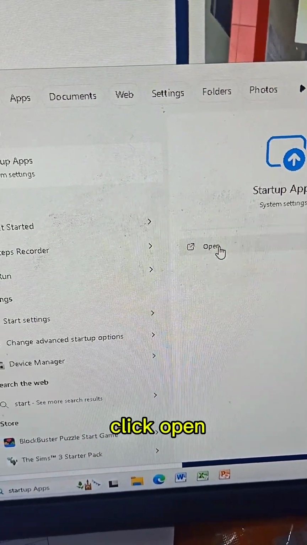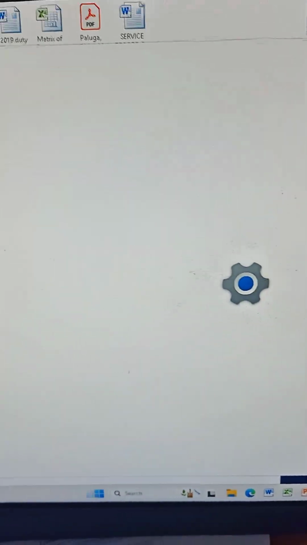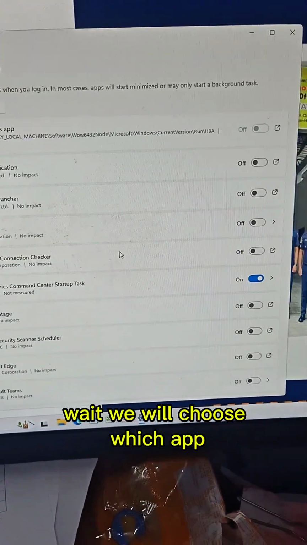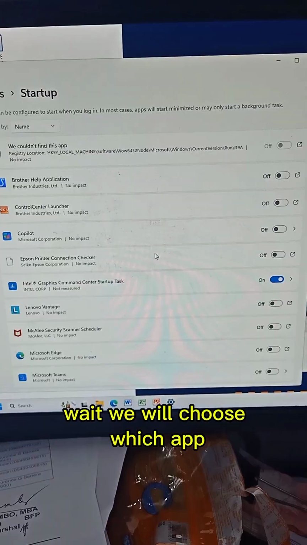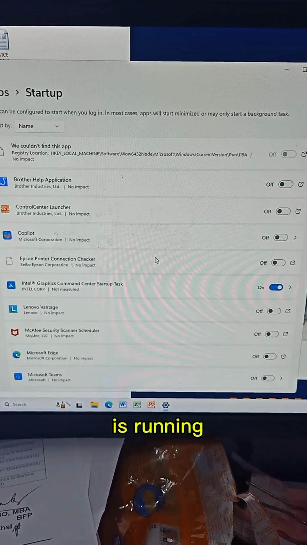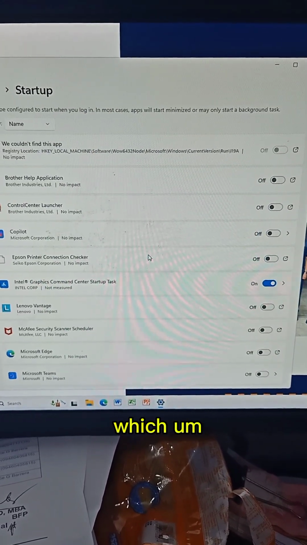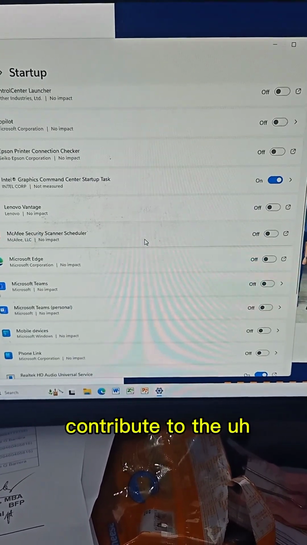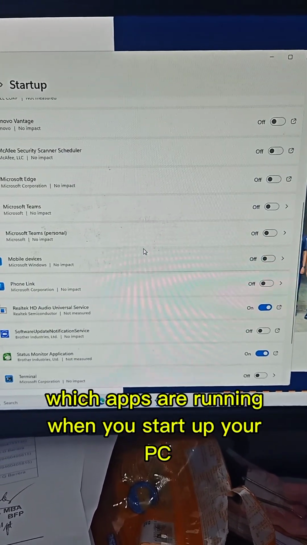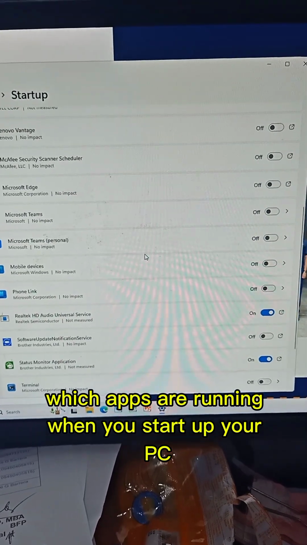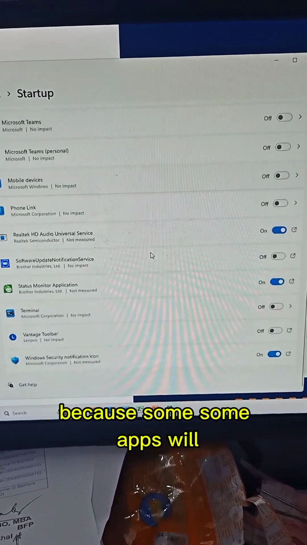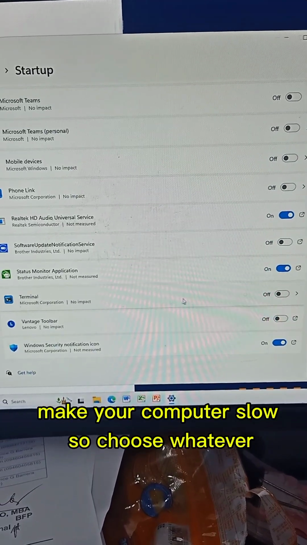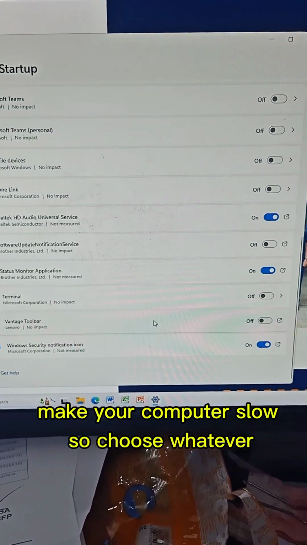Click open, and then we will choose which apps are running when you start up your PC, because some apps will make your computer slow.